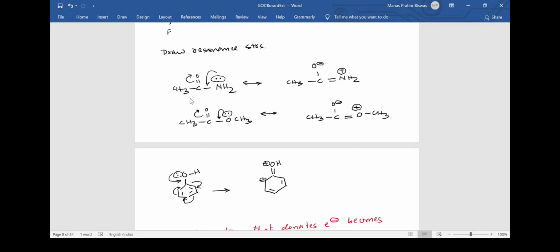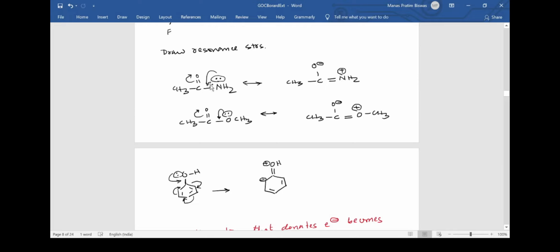So I have taken this molecule CH3CONH2, and then resonance can take place. Firstly, you need to understand why a resonance will take place, because you see here there is a lone pair, there is a single bond, and there is a double bond, and hence as I said, this lone pair, single bond, double bond satisfies the condition for the transfer of electrons. Like I said, if there is scope for the movement of the pi electrons, then it will move.